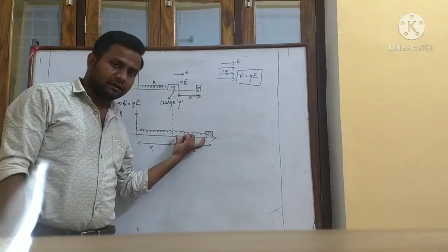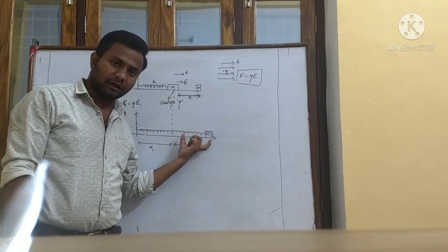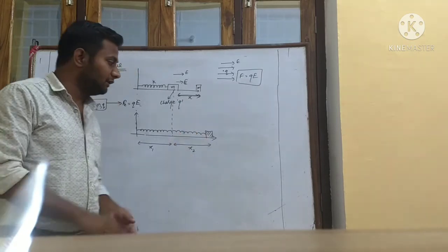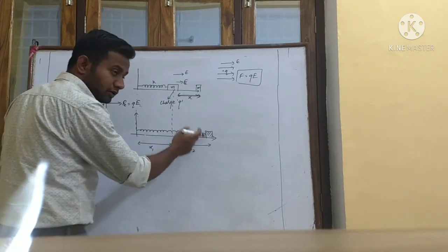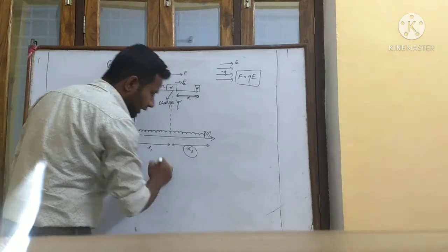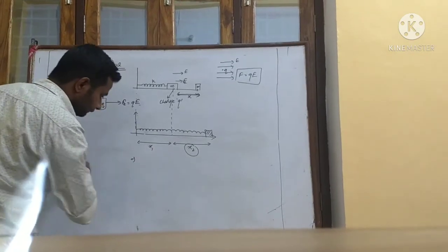This spring is stressed, so definitely it is having some energy. It is getting some potential energy. From where is it getting that potential energy? It will be because of this electrostatic force, because it is moving up to a distance x2. Or you can say, in other words,